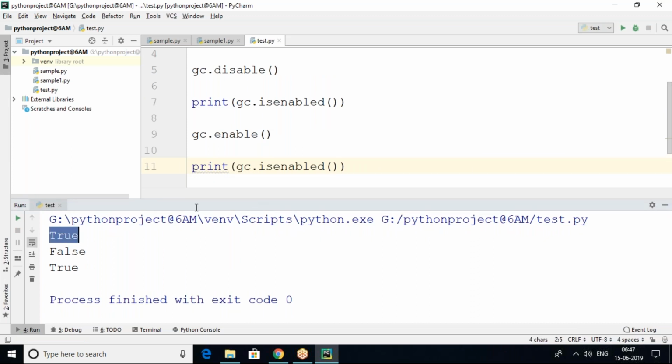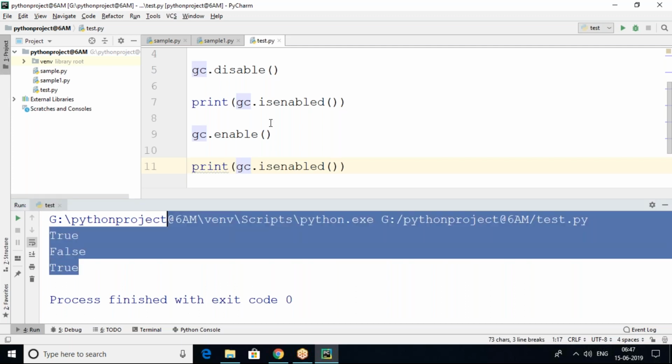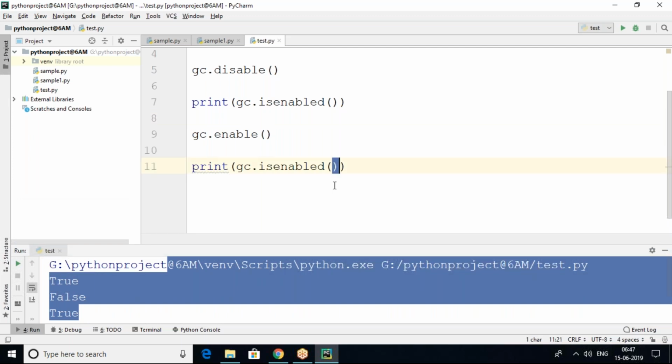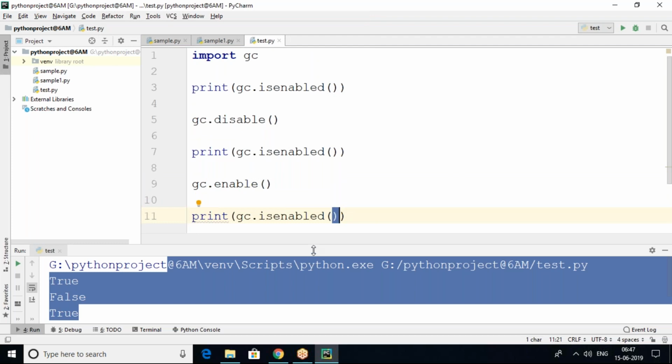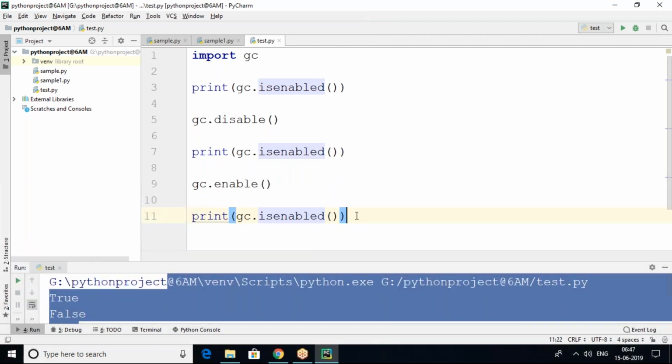If you want to stop the garbage collector, you can stop it, or if you want to start it, you can start it. By default it is enabled internally in Python, so it takes care of destroying useless or unused objects internally. That is the nature of the garbage collector. If there were no garbage collector, as a programmer we would have to write our own code to perform cleanup activities or to destroy memory. Unused objects would have to be destroyed by us, which would increase a lot of burden on the programmer. That's why the garbage collector is present inside Python.